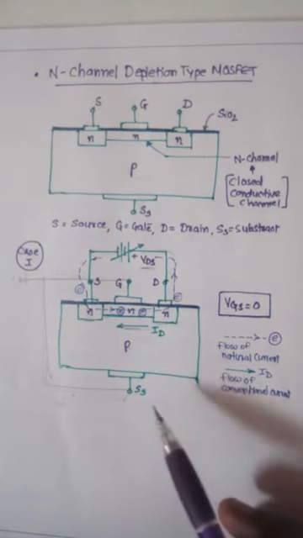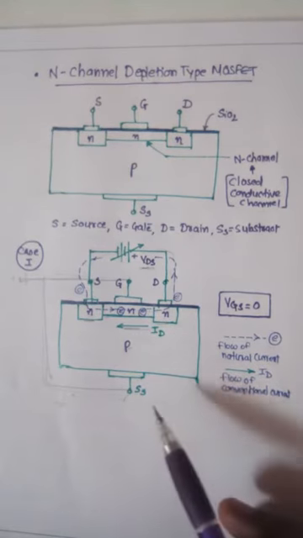Here, as shown in the graph, ID versus VDS. When VDS is given, ID starts to increase sharply, like the ohmic region, and then after saturation, a fixed constant current flows at VGS equal to 0. Now if the voltage VGS is decreased, meaning negative, then the gate voltage is negative and ID will decrease. If the gate voltage is positive, then it will increase. So this way we can discuss the n channel depletion type MOSFET.